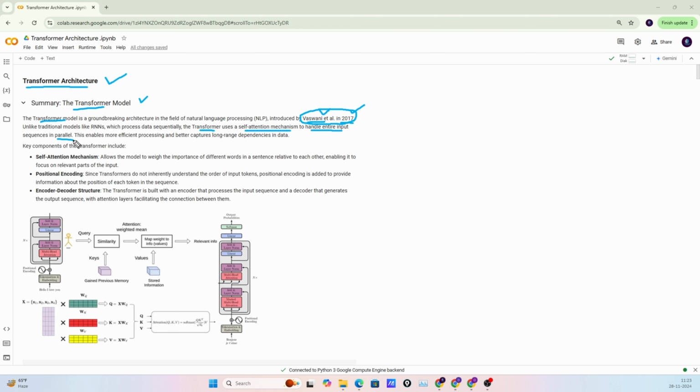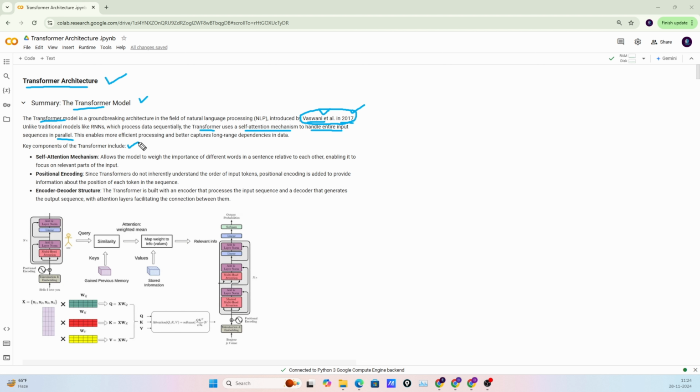So it basically provides us the capability for efficient processing. It reduces the computation, it reduces the processing time, and also captures the long range dependency. So attention is basically the core of the transformer, and this is the start of a new era in 2017. And now we have the GPT model, we have the Llama model, we have the Mistral model. Most of the models use the transformer layer behind the scene.